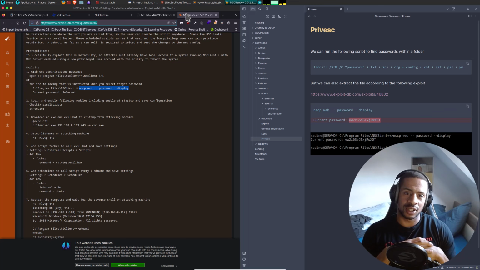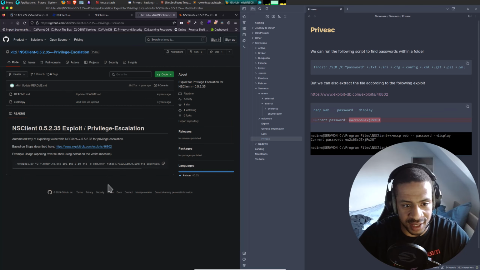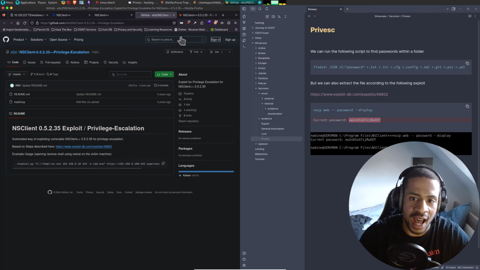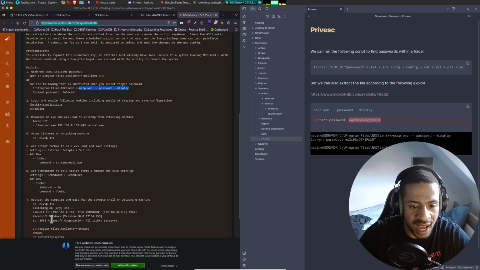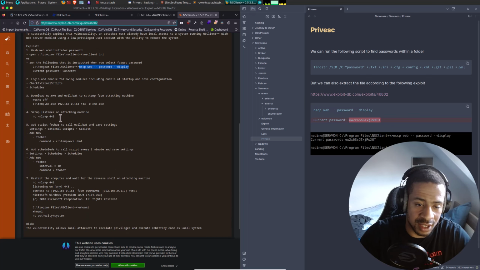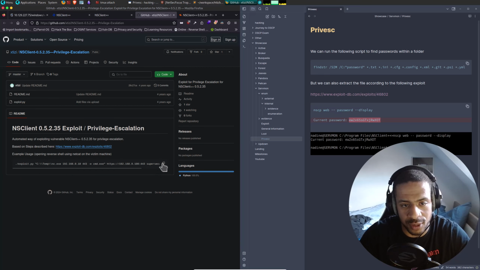So to cut this short, we will try this other exploit, because I know for a fact that this one works and this one keeps hanging. But you can try this one yourself. It's supposed to work, but it hangs for me.